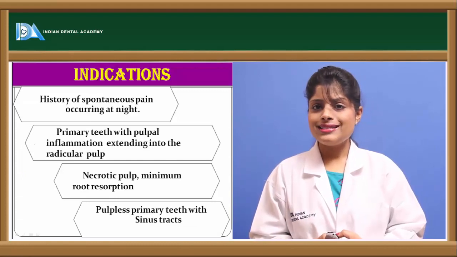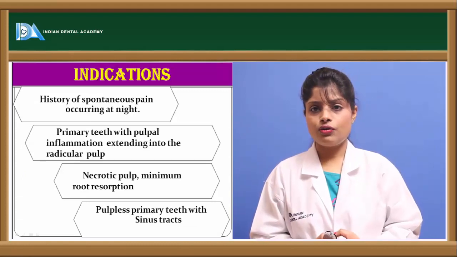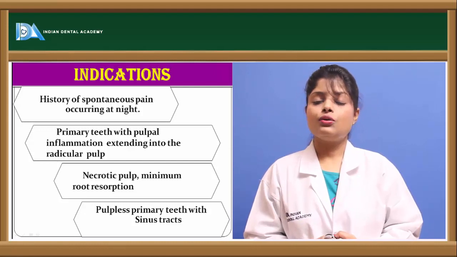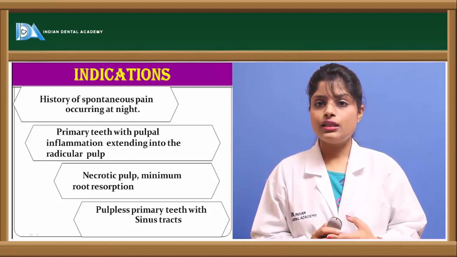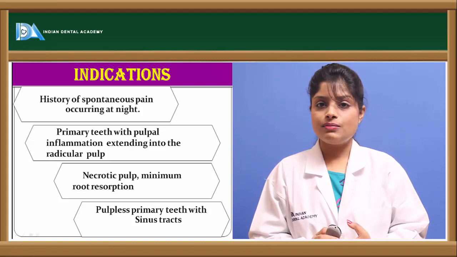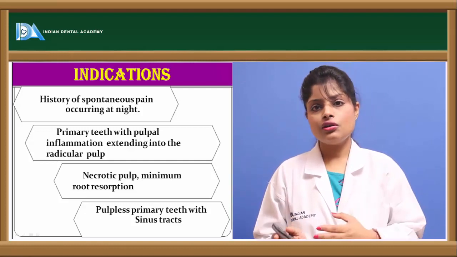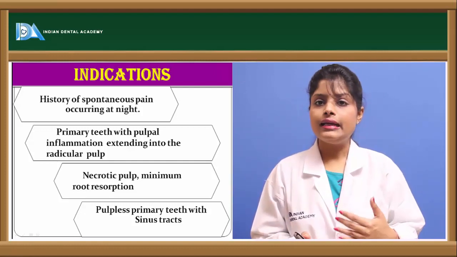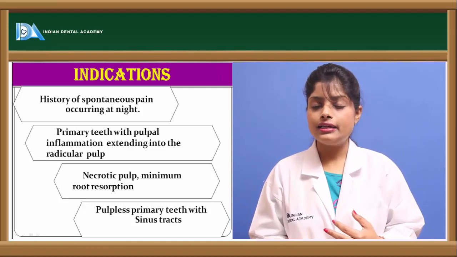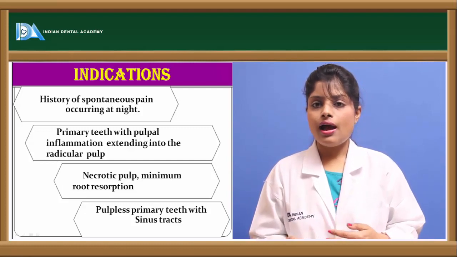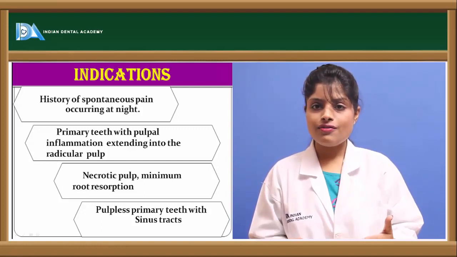Now, there are various case selection criteria for the process of pulpectomy. That is, what are the indications in the tooth in which pulpectomy could be done? They are divided into general indications, general contraindications, then clinical indications and clinical contraindications, and also the radiographic indications